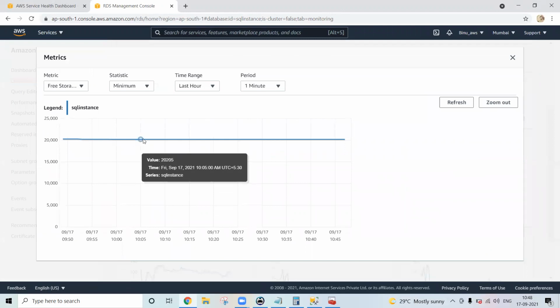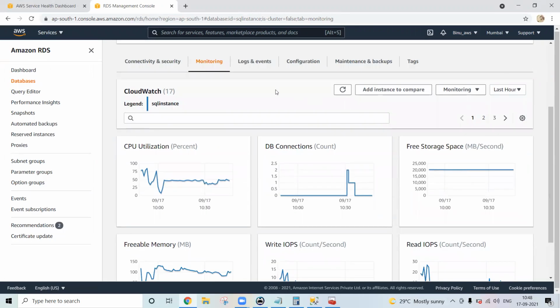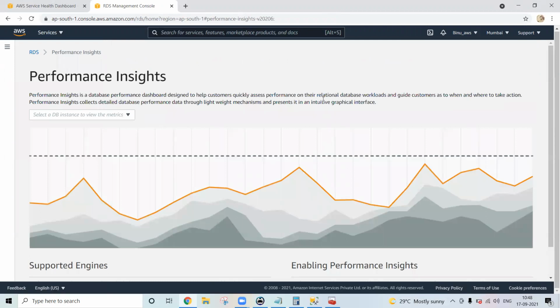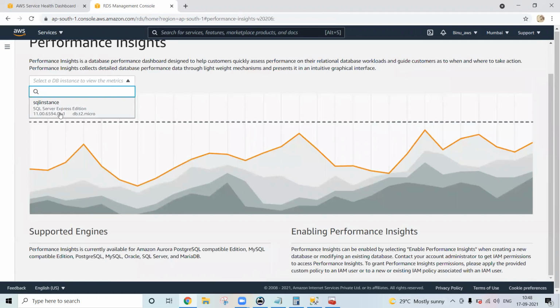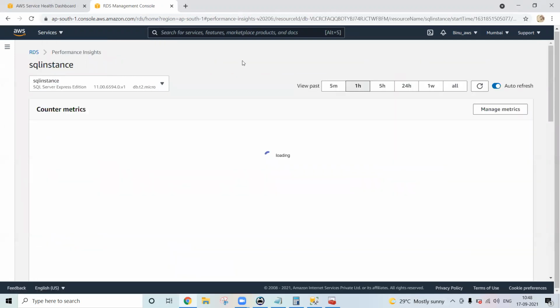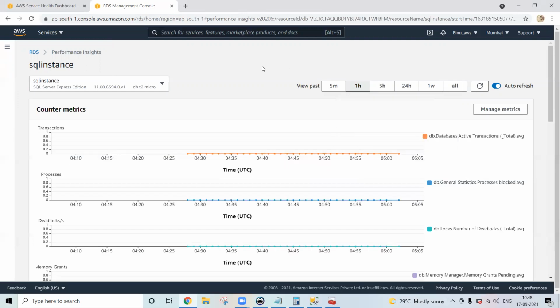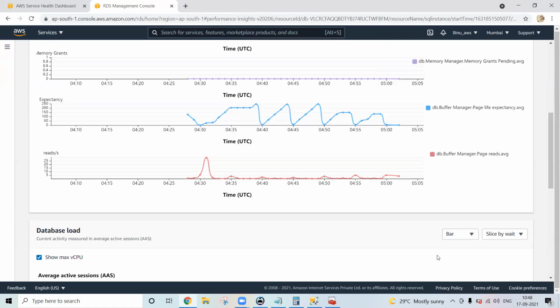Okay. Right? So basically the CloudWatch and Performance Insights both are the same, right? Yeah, come again. Performance Insights and CloudWatch both are the same. No. Performance Insight, I'm coming to here. Let's say I go to the Performance Insight. You can get it from here. Other things we can get from here also. Performance Insight. So the monitoring part is clear, right? So now go to the Performance Insight. Now you have to select the instance first. Okay. This is the instance, right? Let me show you what other metrics are available, right? Yeah, but both will give the performance analysis, right?